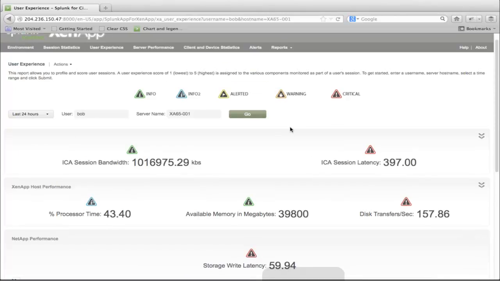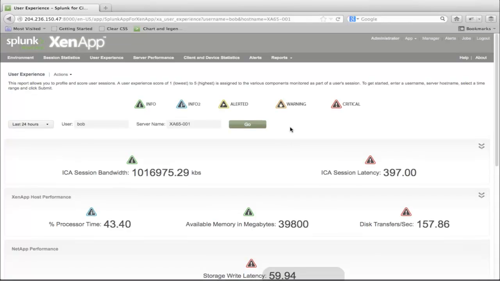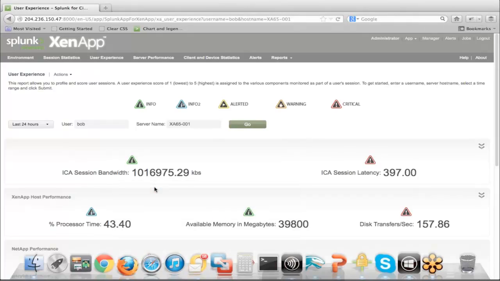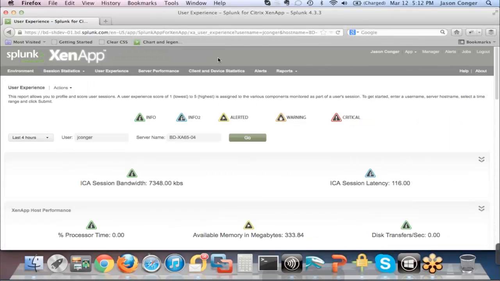Okay? That is neat. And so this is all, like I said, a hosted demo, and this is generated data so that I could tell a story. So what I wanted to do over here is switch over to Splunk's actual instance of XenApp. This is Splunk's internal XenApp farm right here. I just went ahead and preloaded the data, and here's me running on an actual server.